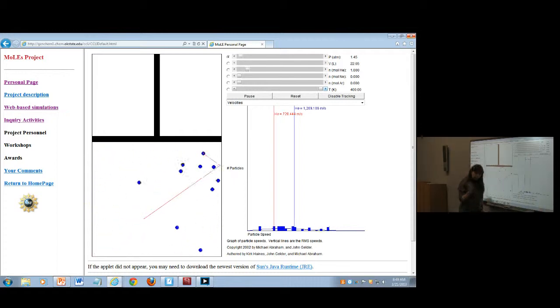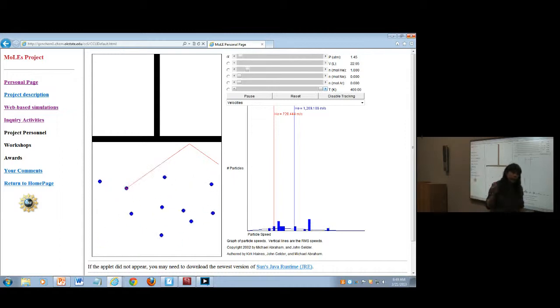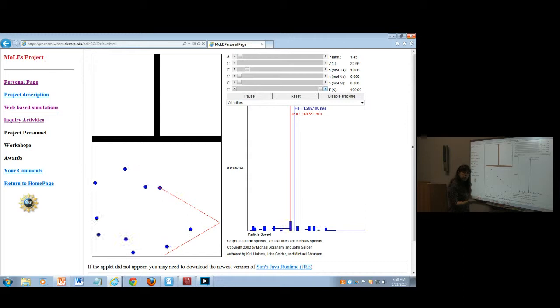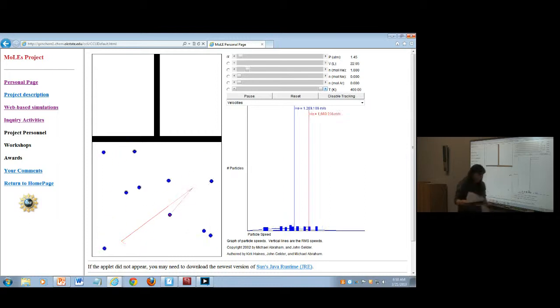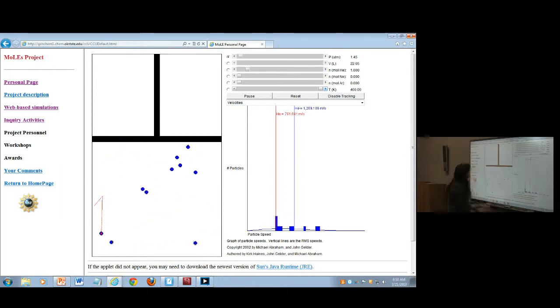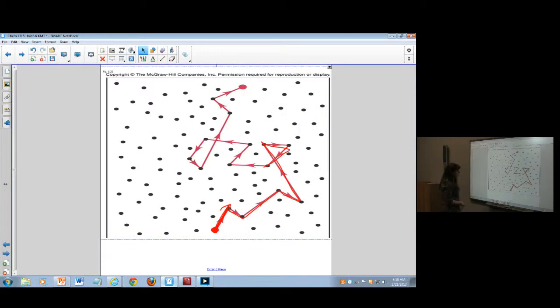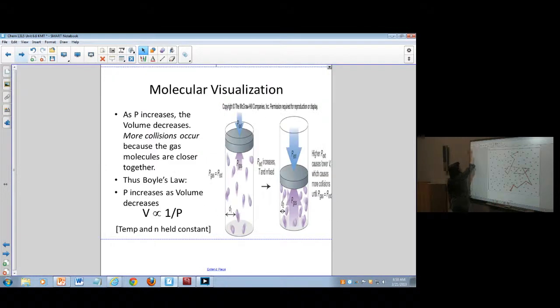Okay, that's the kinetic molecular theory. The average kinetic energy of the sample doesn't change unless you change the temperature. All right, so let's look at some of the pictures in our book so we can use that as our guide here. In this case, this is a representation of some gas molecule like we've just seen, getting around in the sample, running into other things. It didn't run into the wall here, but it could have.